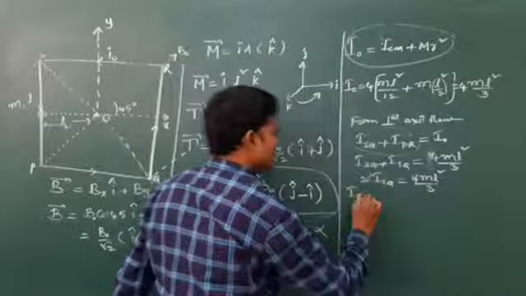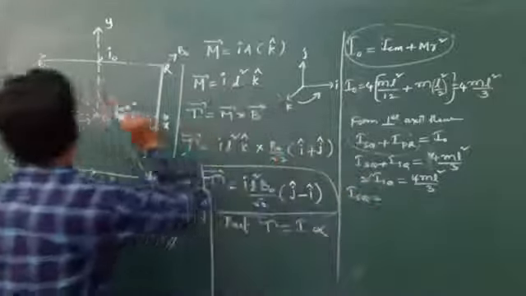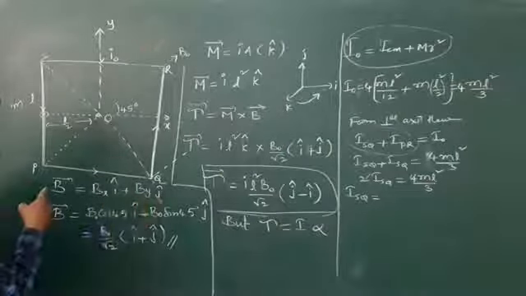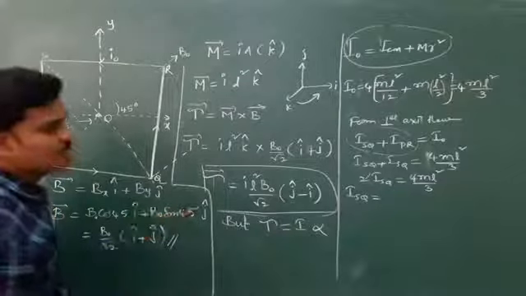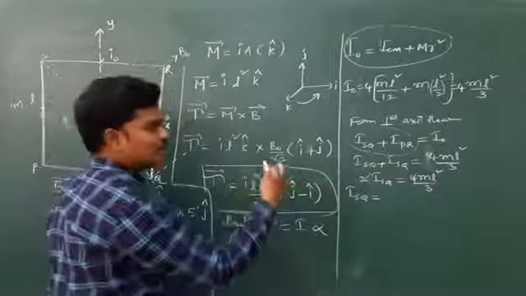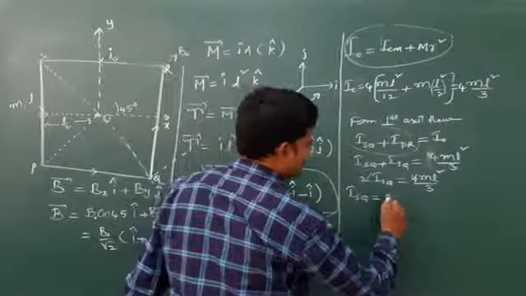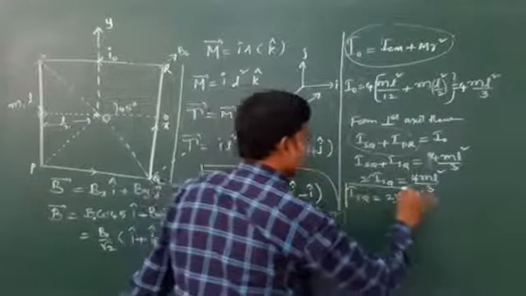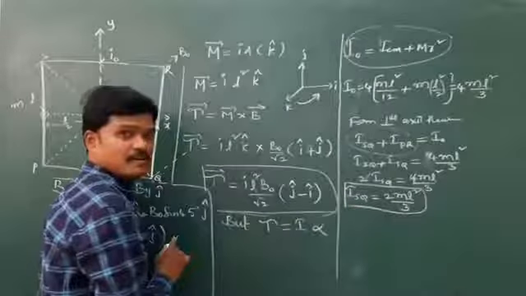Then the moment of inertia about this line. Torque is possible because of this, otherwise because of this, but these two have the same moment of inertia, so we can substitute I_SQ or I_PR. That is not a problem. So it is 2 m L square by 3. So this I got as the moment of inertia.